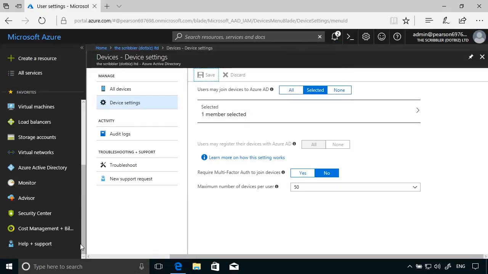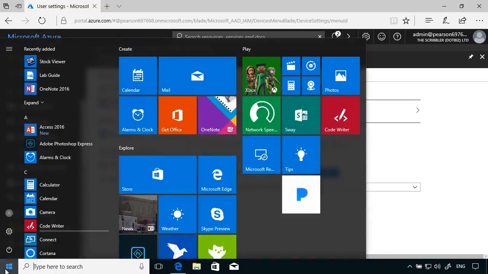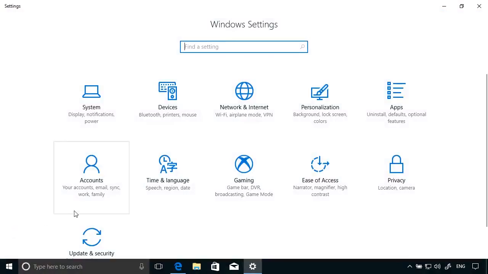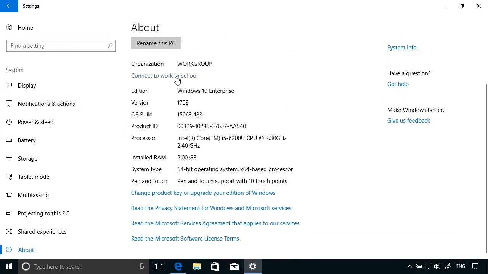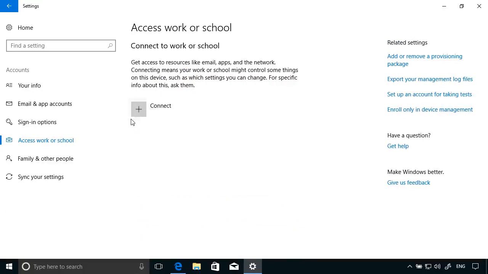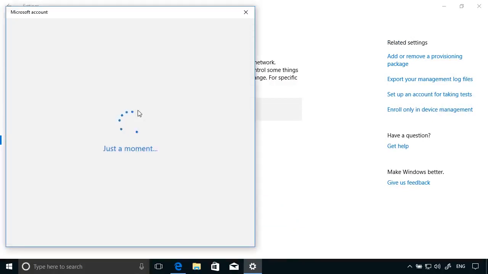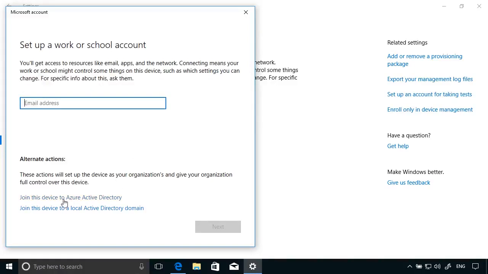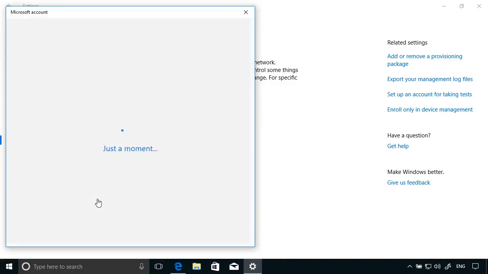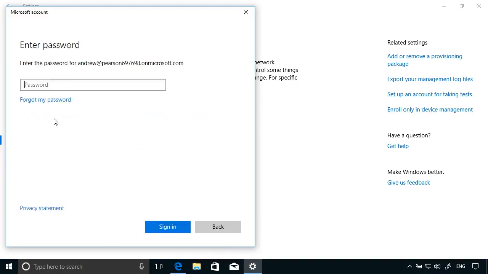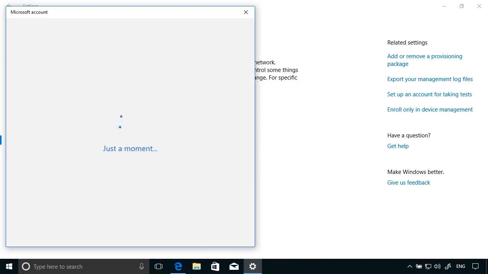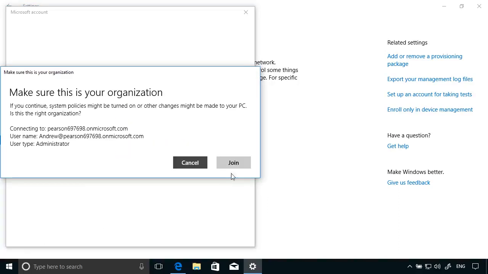So now the next thing to do is to configure the system properties. So if I click Start, choose Settings, and then click System, click About, and then choose Connect to Work or School, click Connect, choose Join this device to Azure Active Directory, specify the account name to do that, that's my account, the password, then click Join,